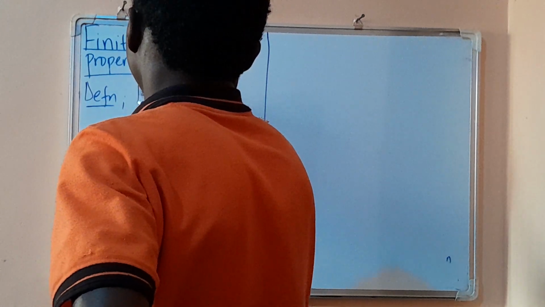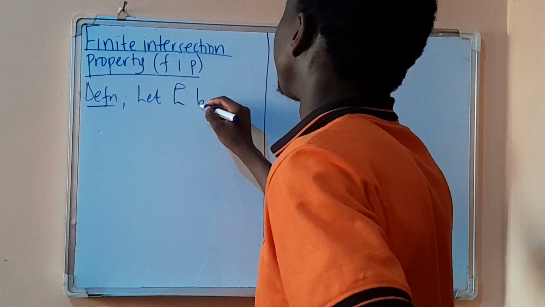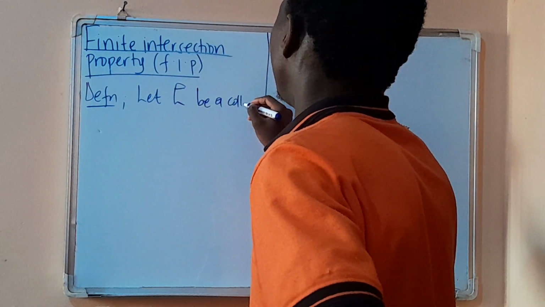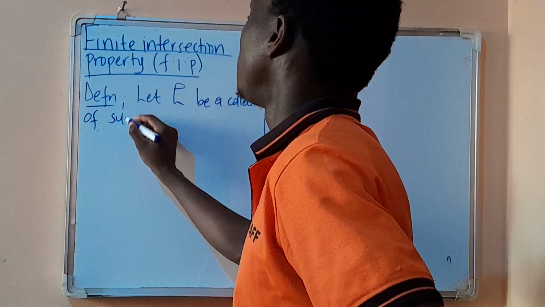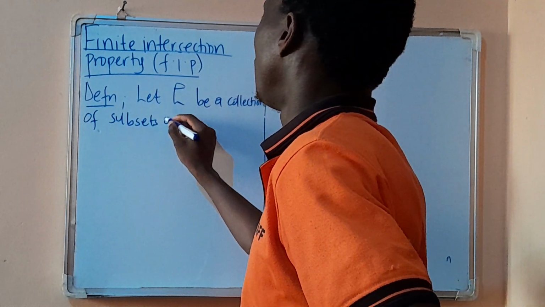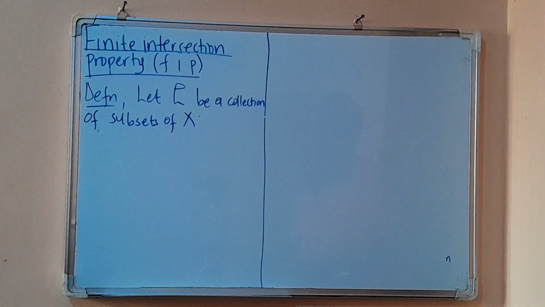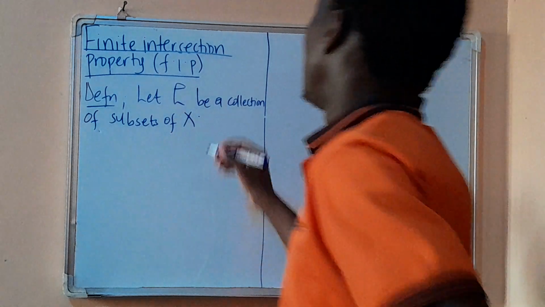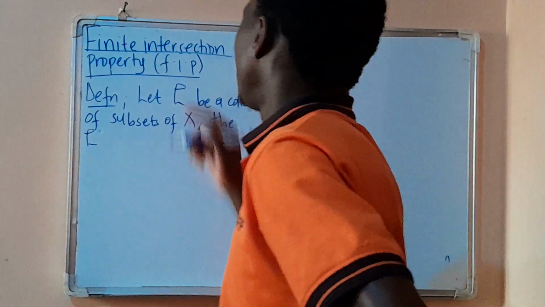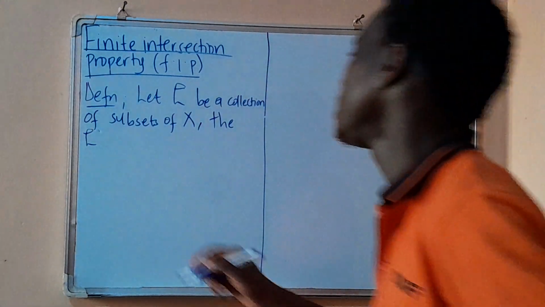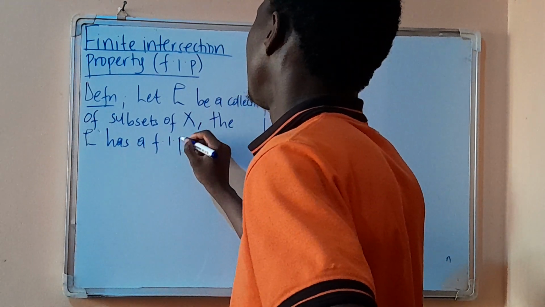Definition. Let this be a collection of subsets of a topological space X. Let that be a collection of subsets of X. Then this set, consisting of a collection of subsets of X, has the finite intersection property